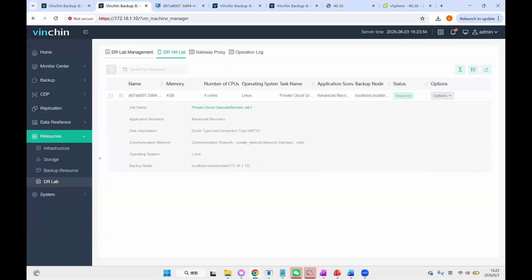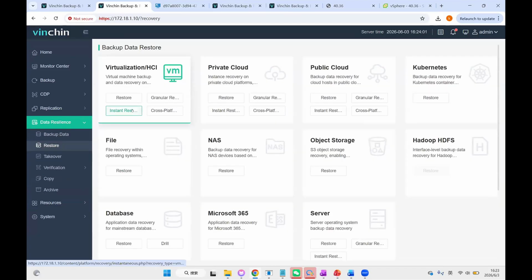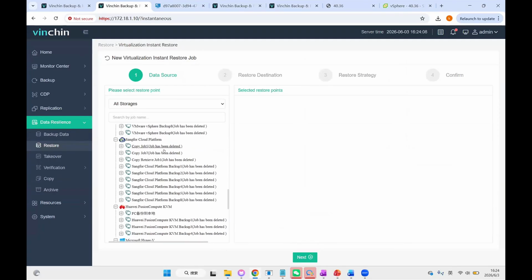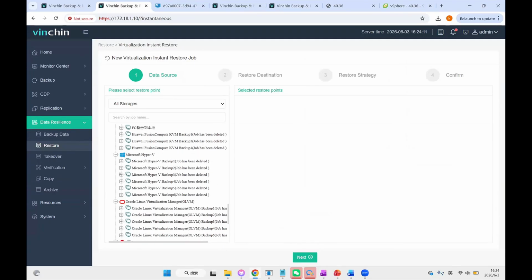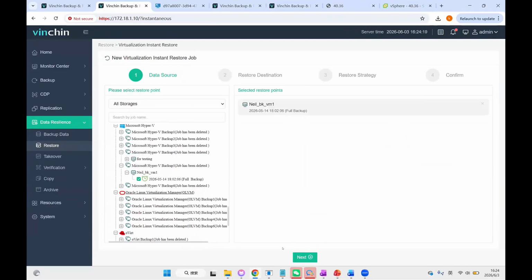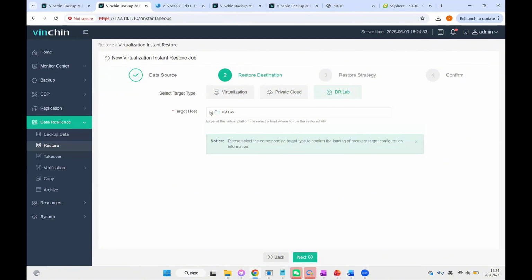And then the next recovery method is the instant restore. For some critical VMs, if unfortunately it is down, we can use the instant restore job to resume your business quickly. And first one is also select the target restore point. And we can make the instant restore to the virtualization platform, private cloud, and even the DR lab in Vinchin